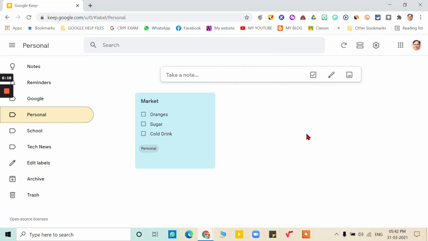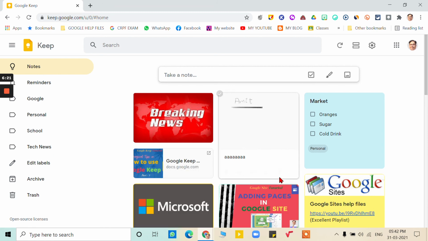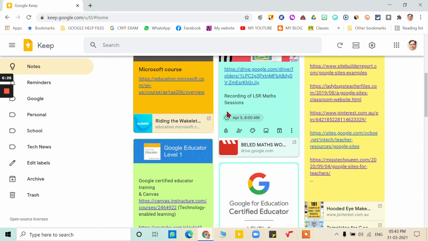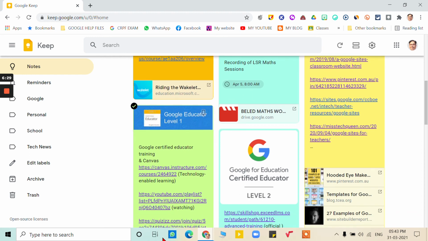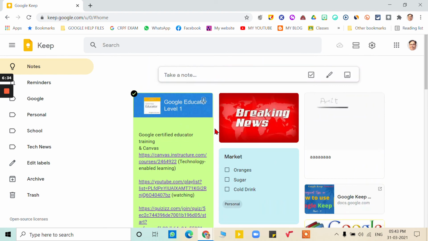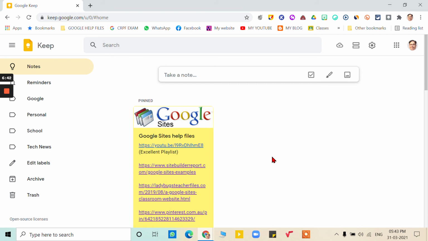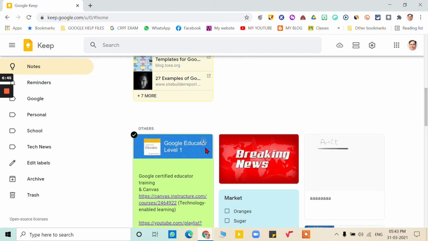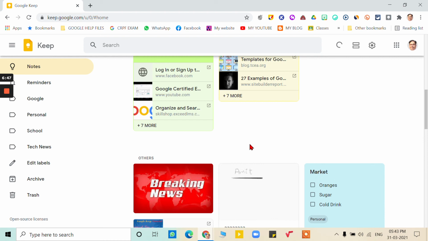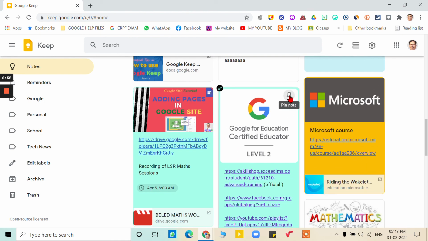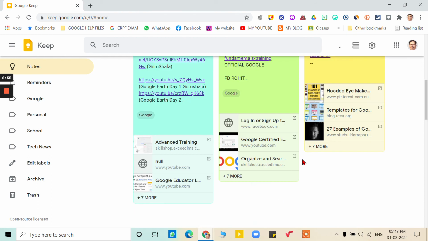Another is pinning the notes. What do we mean by the pin? If I am going to use, say, one particular note most of the time frequently, I can just go and you can check it out. Once I go here, there's the option of pin note. Just click on it and you will find this note is now at the top. So I can pin many other notes as well. So I can pin the second note. Yeah. So many other notes which I need to use more frequently, I can simply pin them.